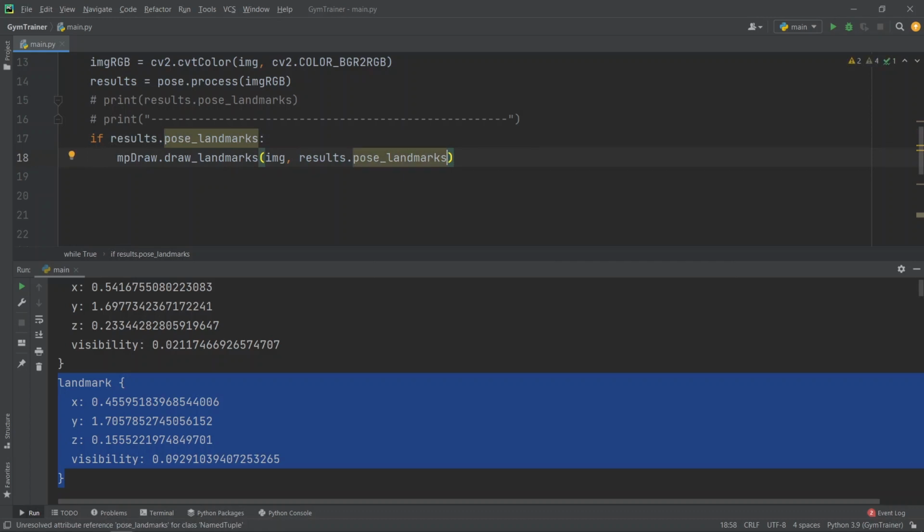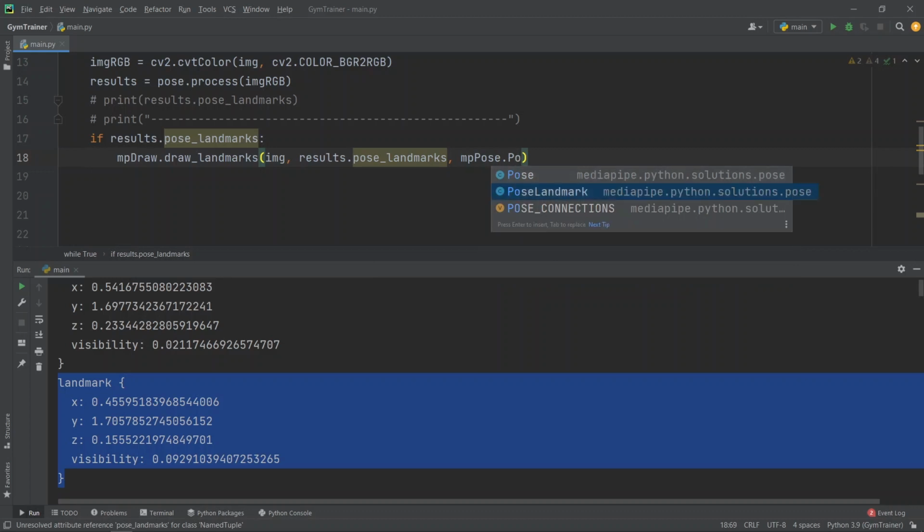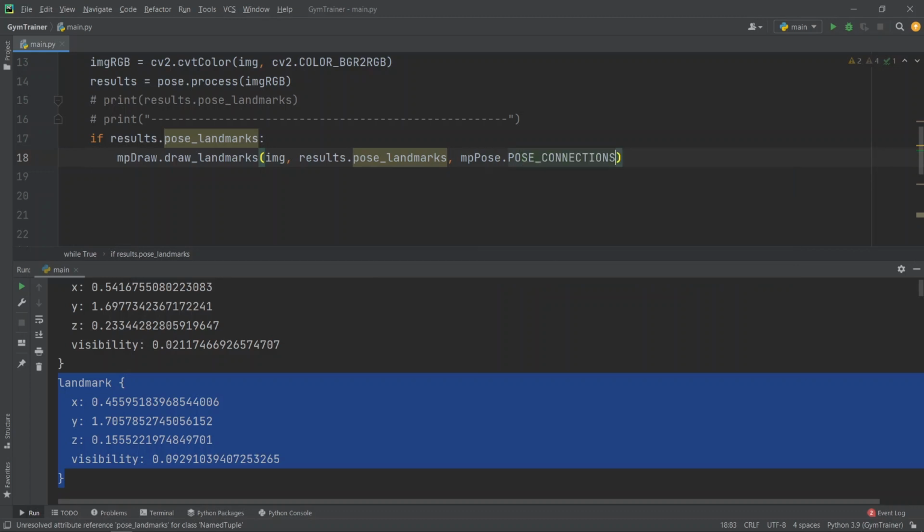Then we will go for mp_pose.POSE_CONNECTIONS. The reason we use pose connections is that I don't just want the points, I want the points connected as well. So let me run that now.